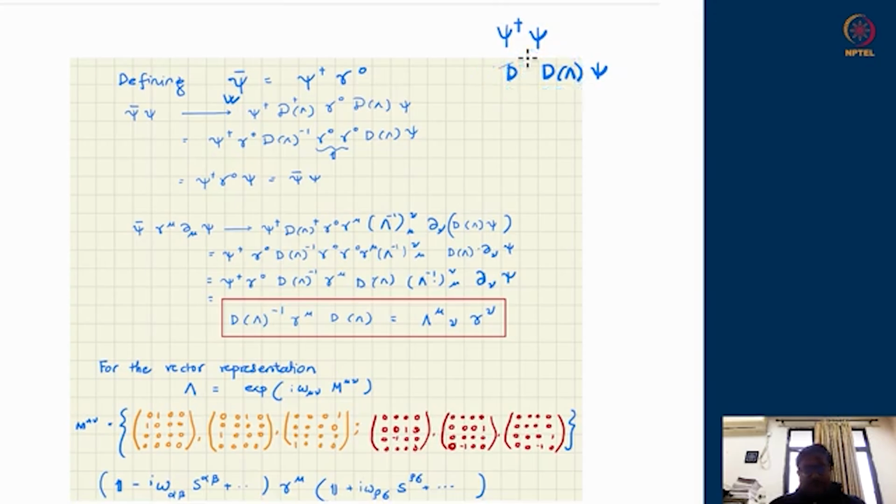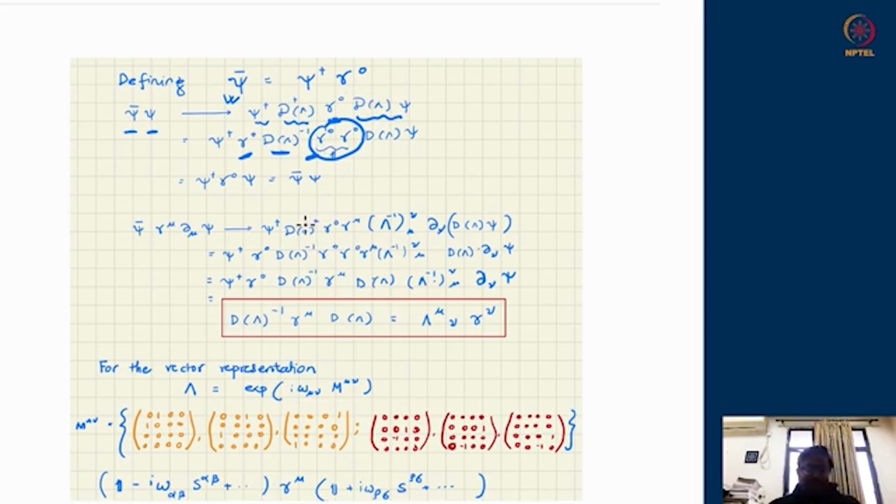But now you can convince yourself that if I work with a quantity called ψ bar, which is ψ dagger γ⁰. So ψ bar ψ, if I see how it transforms, it has a γ⁰ in between. So ψ will transform with a D matrix, ψ dagger will transform with a D dagger matrix, and I have a D dagger γ⁰ D in between. That in between I can insert, so I have dagger, which I know already is equivalent to inverse, squeezed between γ⁰ and γ⁰. So in between I get a pair of γ⁰,